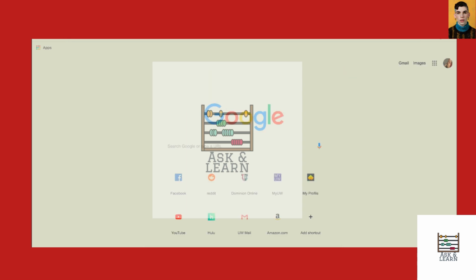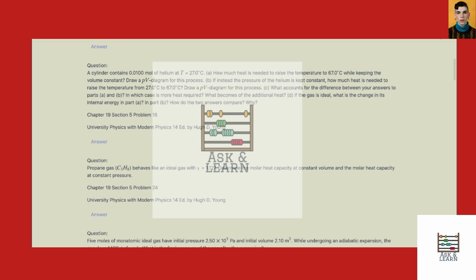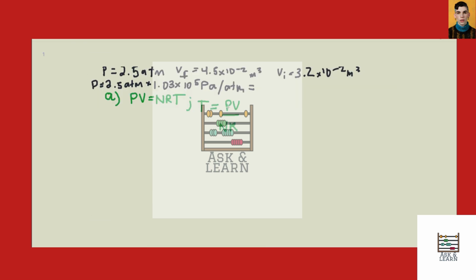And with that, we obtain 2.58 times 10 to the 5 pascals. Okay, great. So now that that's in SI, we can go ahead and just plug that in. So then it's 2.58 times 10 to the 5 pascals times,